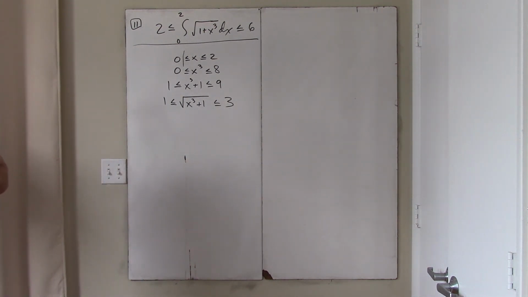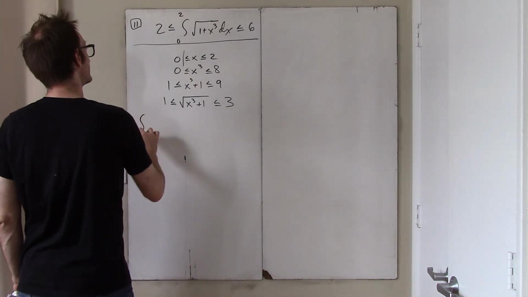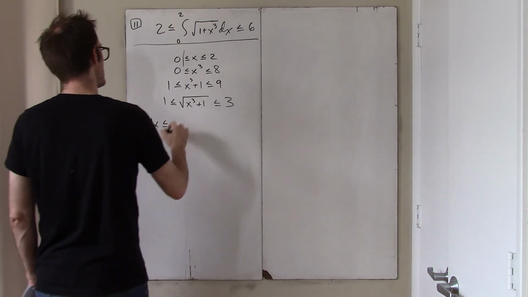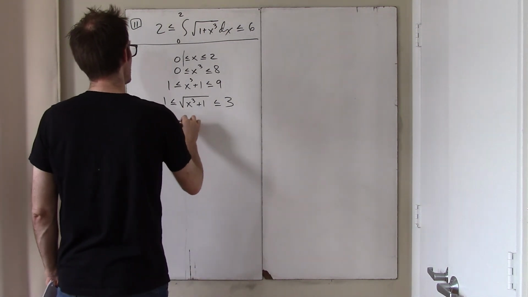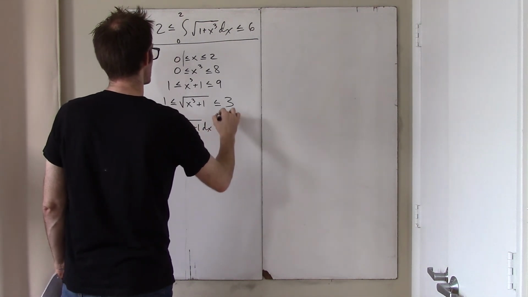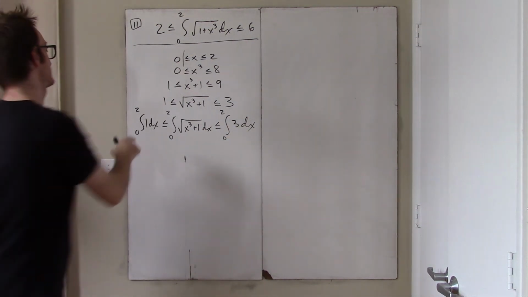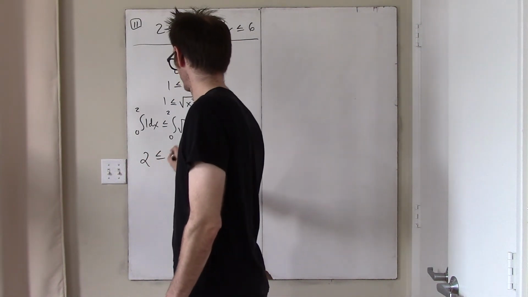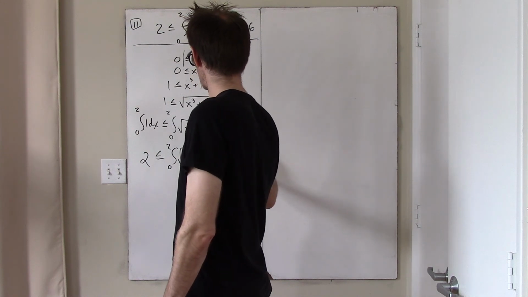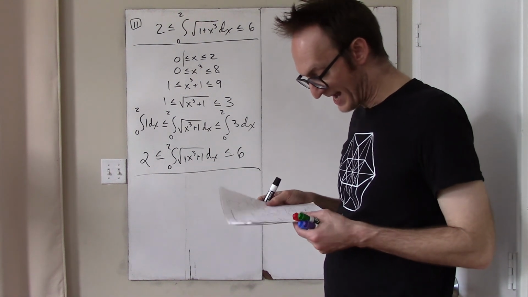And if this function is always between 1 and 3, then I apply an integral property which says that the integral from 0 to 2 of 1 has to be less than or equal to the integral from 0 to 2 of root x cubed plus 1, which is less than or equal to the integral from 0 to 2 of 3. And this is just 2, and this is just 6. So that's what's going on there. Great. Number 12